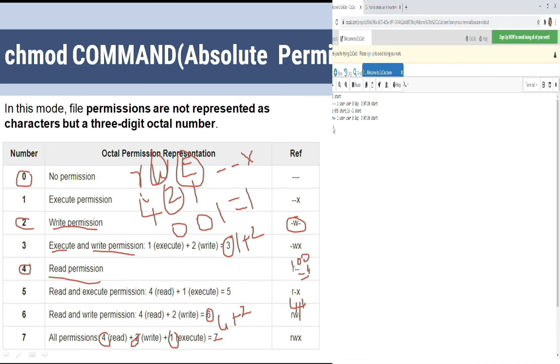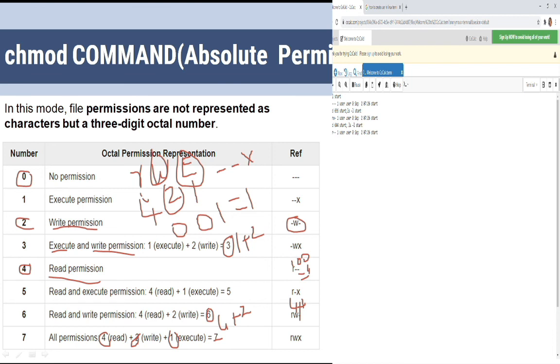Then same thing, chmod, I want to give 644 start, then ls -l start. Then see here, read, write. What you have done, initially you have assigned the read and write permission, then you have removed the write permission for the group and others. From 6, the write permission value is 2, so 6 minus 2 will be 4. So 4 value you have given, so here the permission will be read permission.